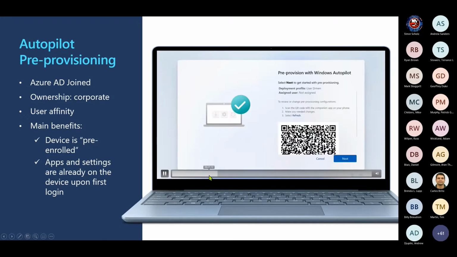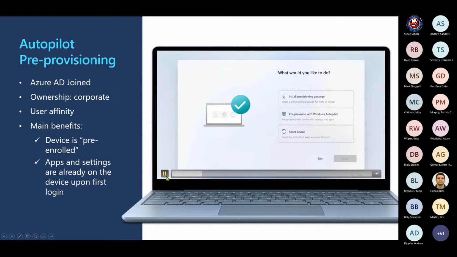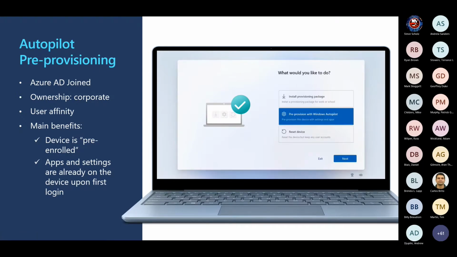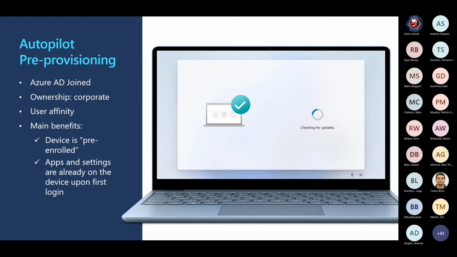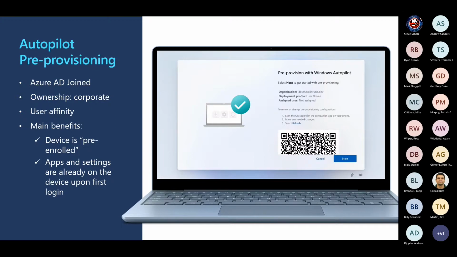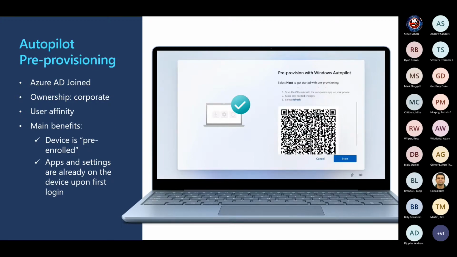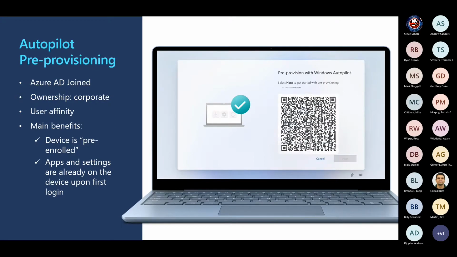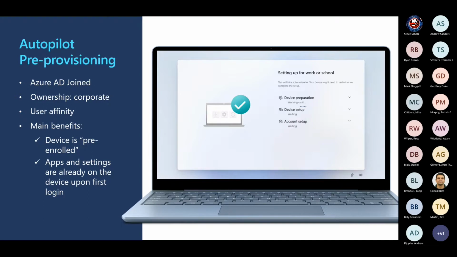There we go. So I choose the pre-provision with Windows Autopilot, and what this will do is get the device to recognize the pre-provision profile in Autopilot that I have. The QR code can be used with our custom app to be able to customize some aspects of the device, for example, device name. So here we're going to get the device MDM enrolled, and we're going to make sure that we process any policies and apps that are targeted to this specific device so that the user has a great first